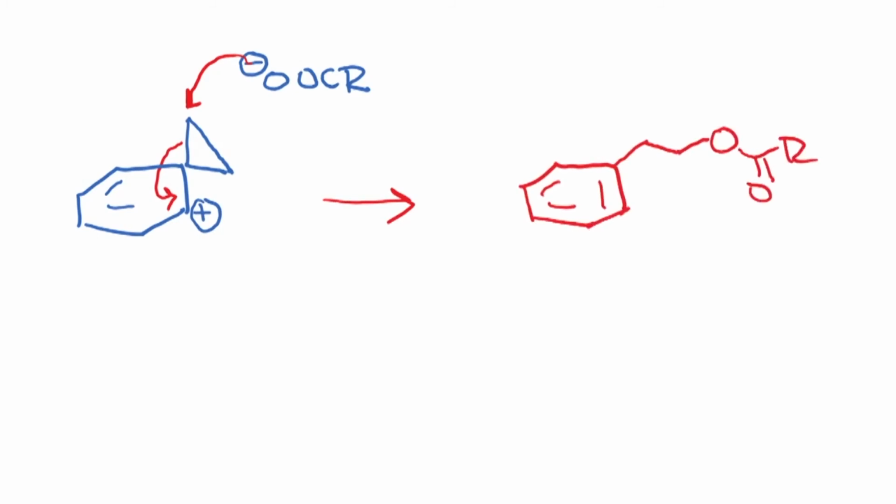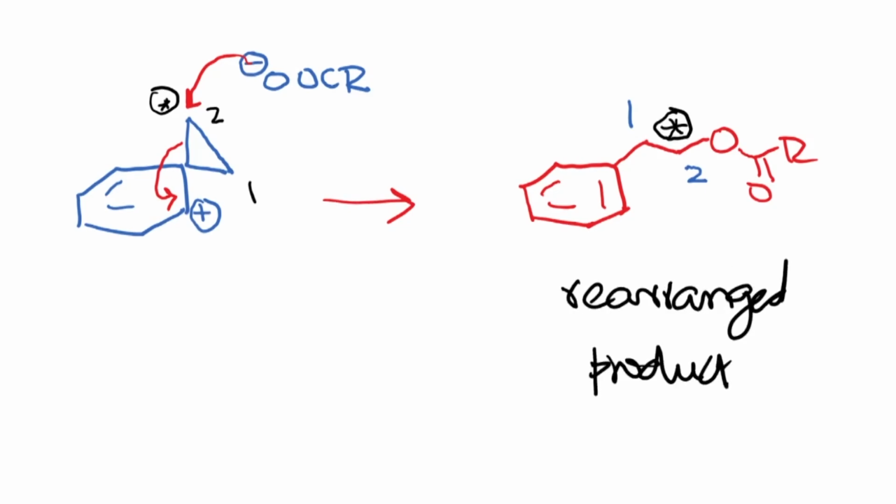And so if the label is on carbon 2, so just to be clear, this is 1, this is 2, the label is on carbon 2, the attack happens on carbon 2, so this ends up carbon 2, and this ends up carbon 1, and so the label ends up here. Okay, so this is one way to explain the observation that you get a scrambling of the C14 label, and this is the rearranged